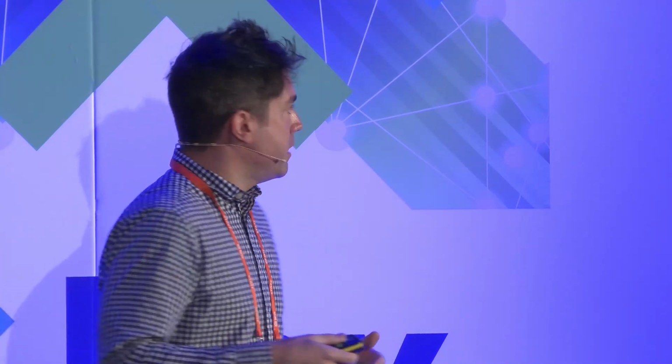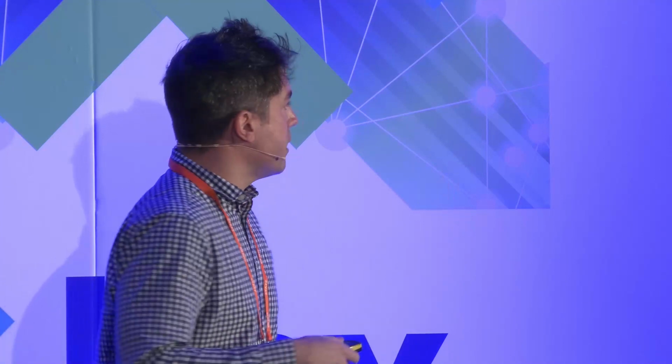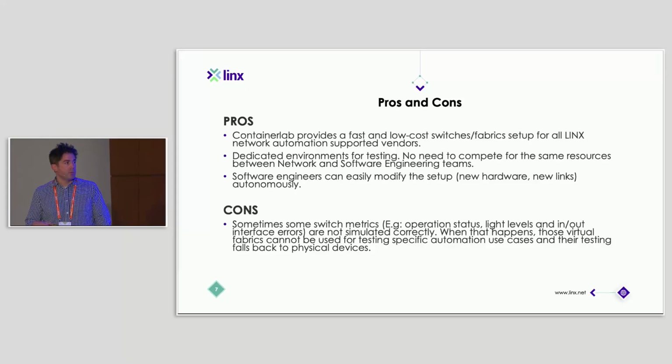It's not very difficult. We just need to understand enough of the configuration to know basically what we're going to change there, and especially if we need to create links between the switches, that's very easy with this. And the cons is that sometimes switch metrics, like light levels and in and out interface errors, are not simulated correctly. So when that happens, we have to fall back to the physical devices again, but this is a corner case compared to the overall majority of